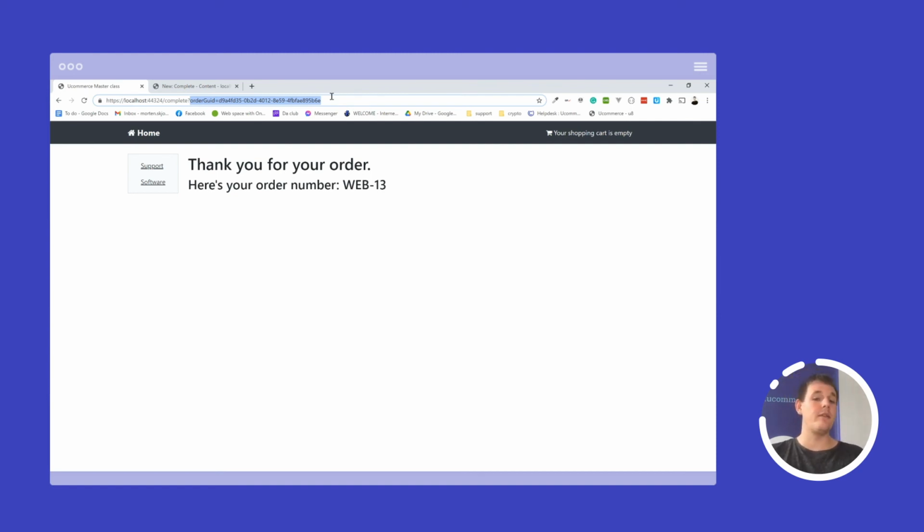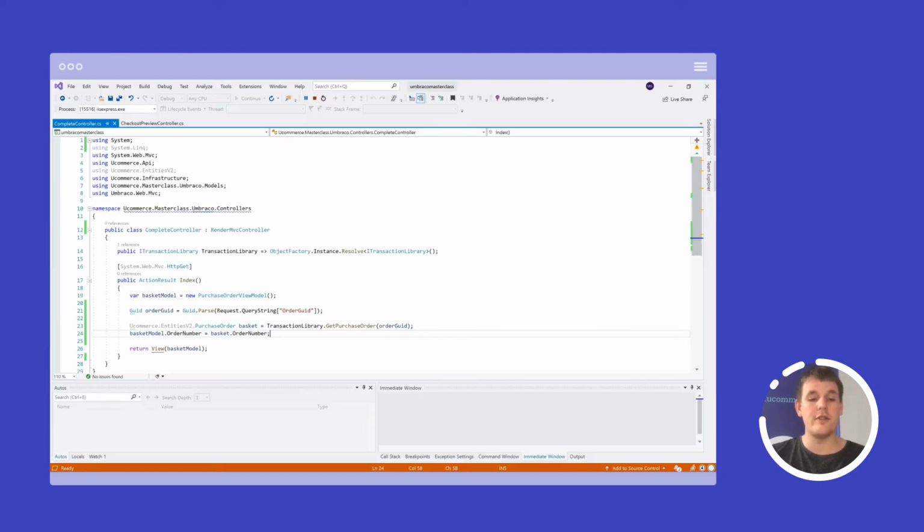It has been converted into an actual order instead of a basket by changing the status of the basket or the order to new order instead of basket state, and we have cleared the cookie on the user's computer. So once he adds stuff to his basket, he will now get a new one, which is very convenient because we don't want to change the content of the basket after it has been paid for. So the way that we can now extract the order is by looking at this order GUID. Let's go to the controller to see.